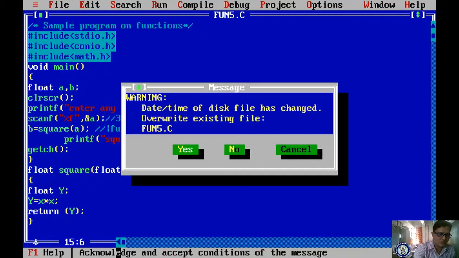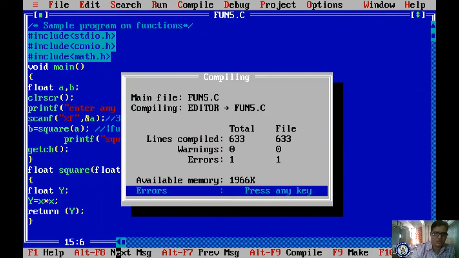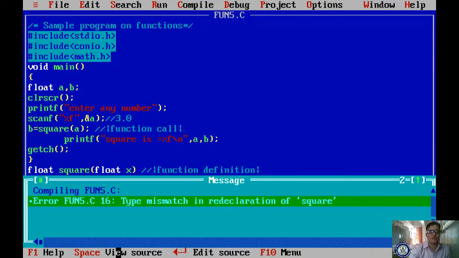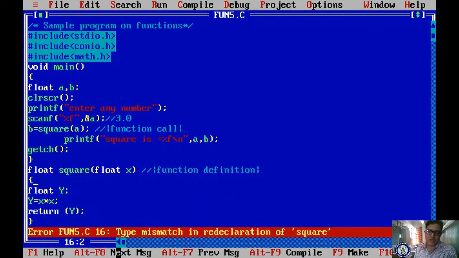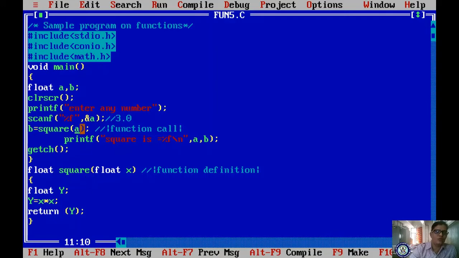Let me check. Save it, compile it. Even then it is not matching and hence it is not executing. Why? Because you are passing a float value; if you are processing other than integer, then prototype declaration is compulsory.